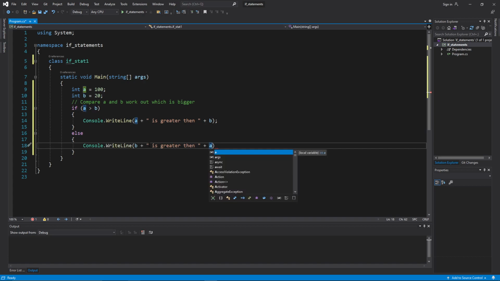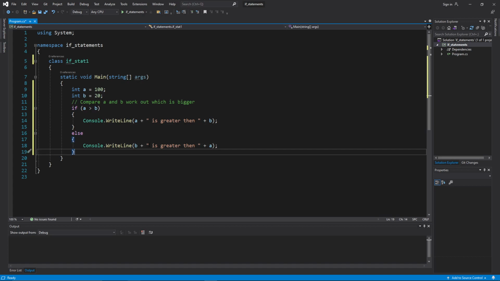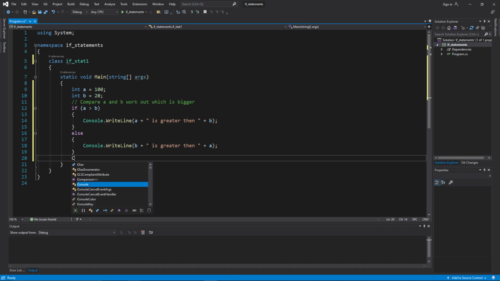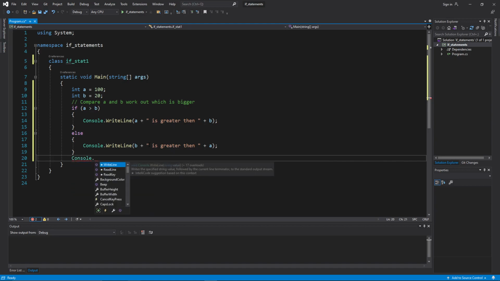And the variable there to close it off is A, the opposite to what we did if it was true. And then we'll finish that off with our usual pause. So it's going to be console read key